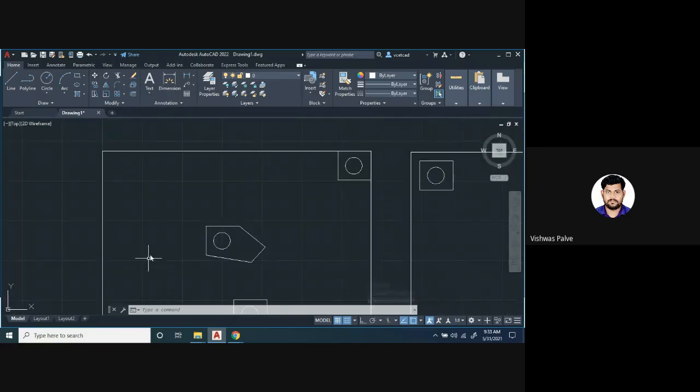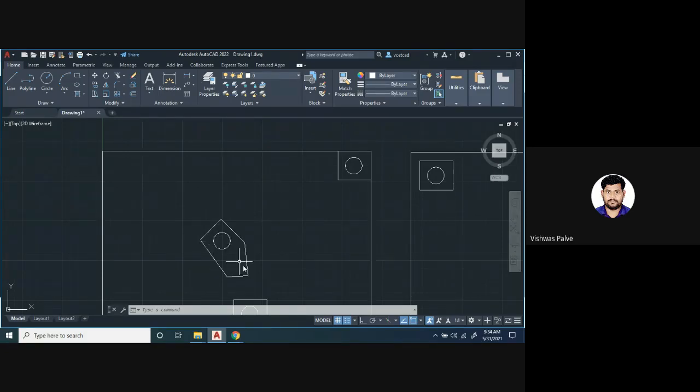Okay, now I want to rotate this. So the shortcut for rotation is arrow and enter. You can press arrow, then it will say select the object. I want to select this whole object. Then it will ask what is the rotation. So I will select this as the center of rotation. Now you can rotate this object by some angle. If I want to rotate in clockwise direction, we have to input minus 45 degrees. So the object will rotate in clockwise direction. And if I put 45 degrees, then it will rotate in anti-clockwise direction. So positive will rotate in anti-clockwise direction, negative angle will rotate it in clockwise direction.